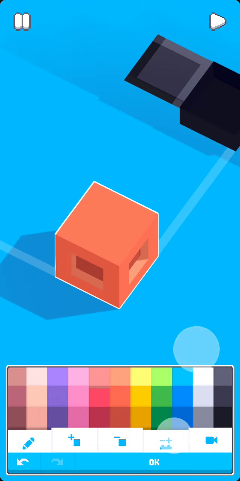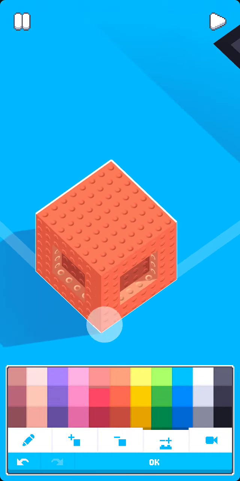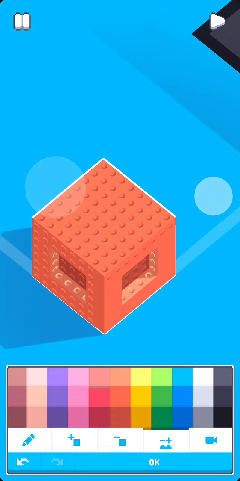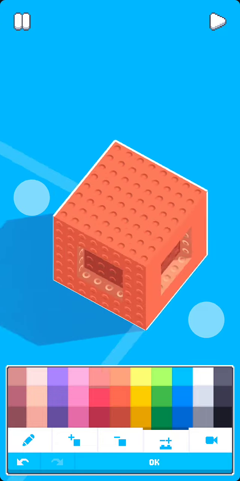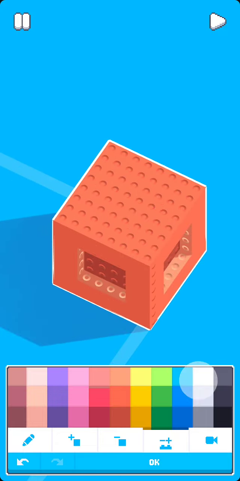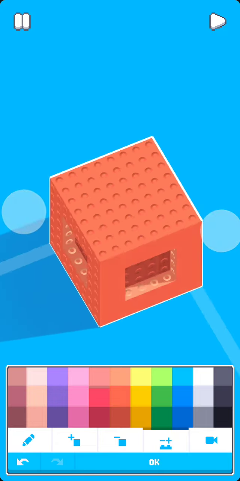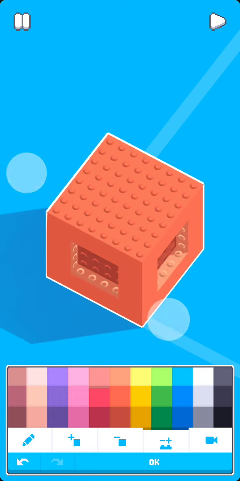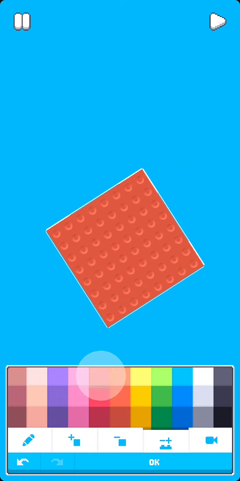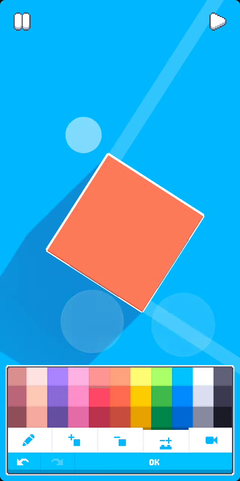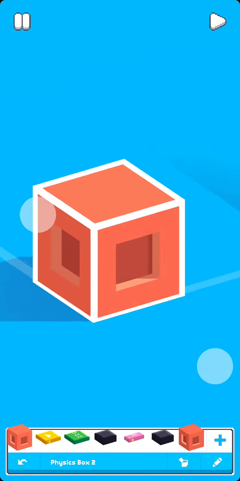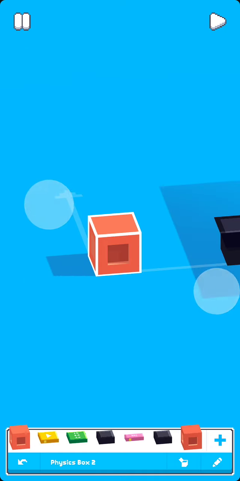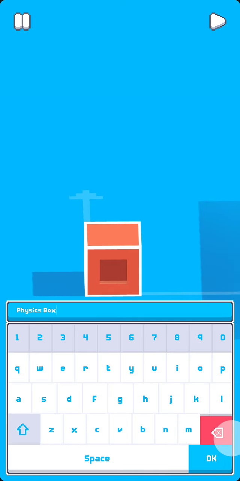So for the player, you'll need to remove all the glue that's in the sides, because we don't want the player bigger than this block we have in here. So let me just quickly do that. Okay, nice. You don't have to worry about the insides because nothing is gonna touch the insides. So now we're gonna rename this physics box to player,